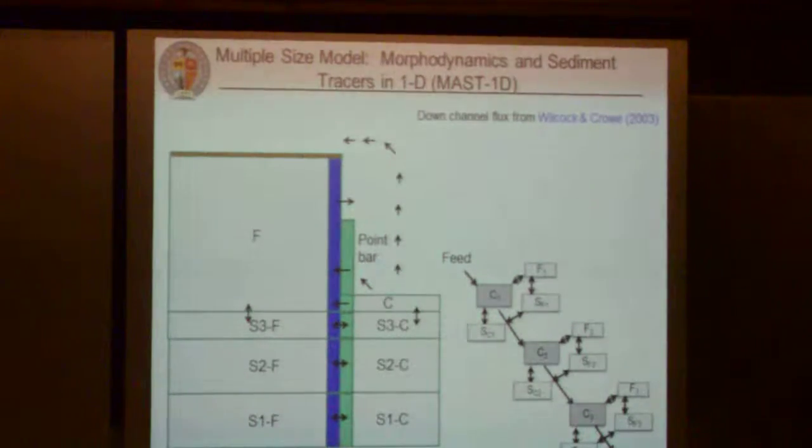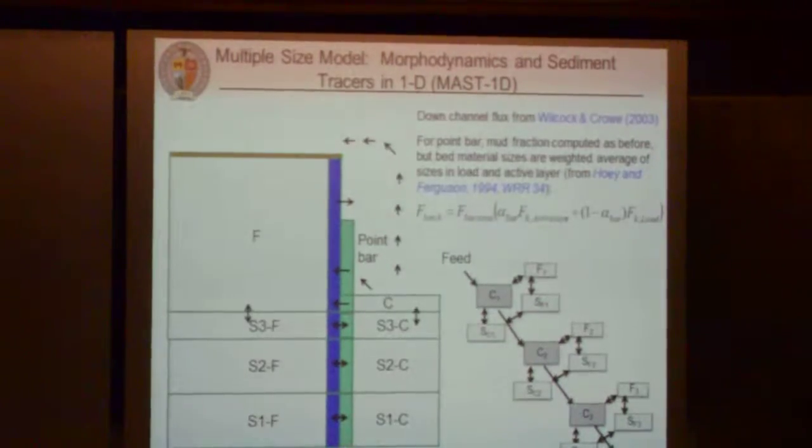Okay? So now a more complex model still, where we'll still have overbank deposition, we'll still have lateral exchange into a floodplain deposit. That previous bar sort of represents that deposit here. But now I want to keep track of size-specific fluxes within the channel zone. So using a size-specific gravel transport equation, we use Wilcox and Crowe or equations similar to that. And we'll still have to come up with a size distribution for material being moved into the floodplain. So here we'll use Hoey and Ferguson